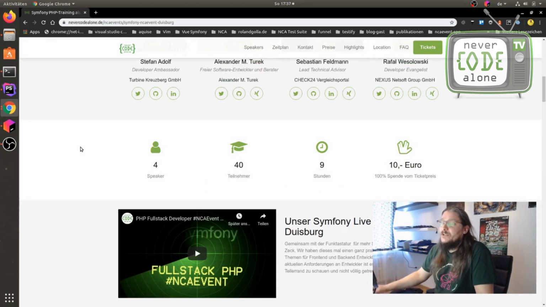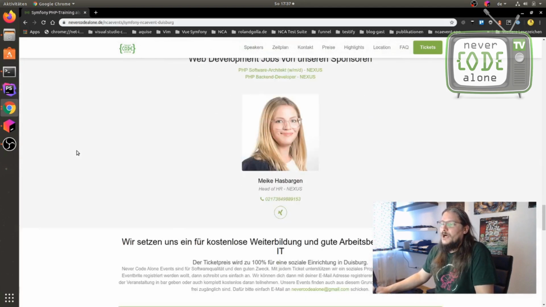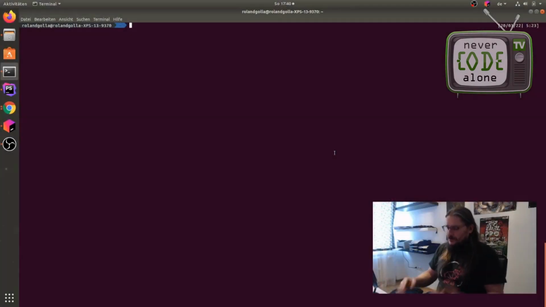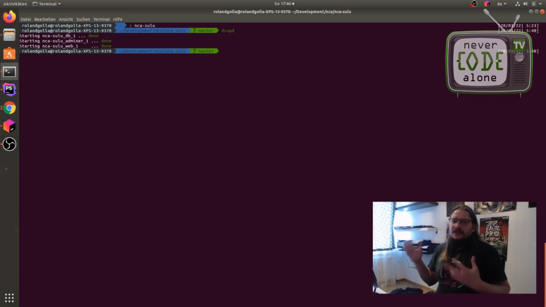And the last thing that I want to do is to hide the FAQ part here. Okay, so let's go to the project. What is here? And now I also have to start my Docker Compose up -d for my project. I also have scripts to get the actual database from the live system and to get the shared files when I need it here, but this is in this moment not so important.